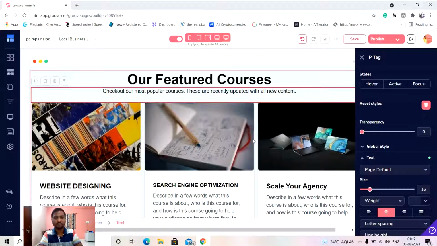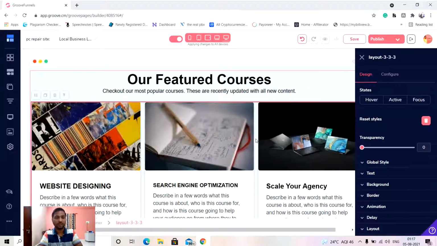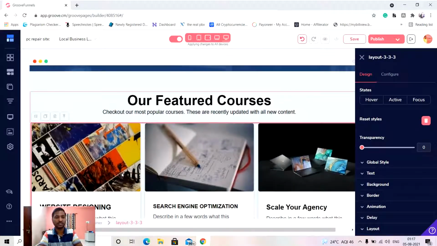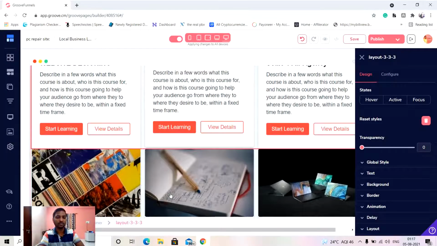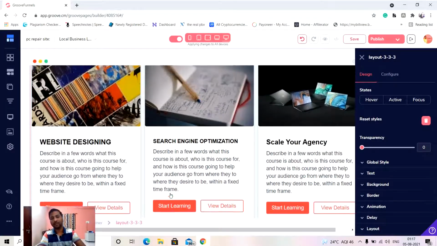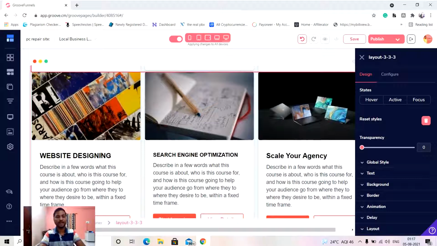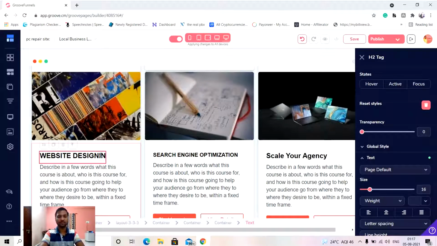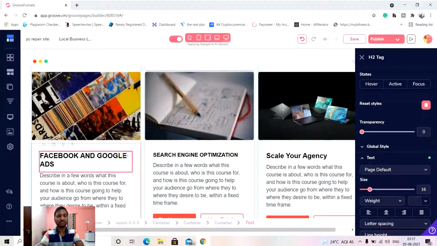copy and paste this particular section. Let me go ahead and do that. You can see that these 3 sections are copied. You can simply go to the top of this section, select this, copy and paste. Now if you go below, it is already copied. Okay, so if you want to add a little bit more things over there, you can delete this, and you can mention Facebook and Google ads.